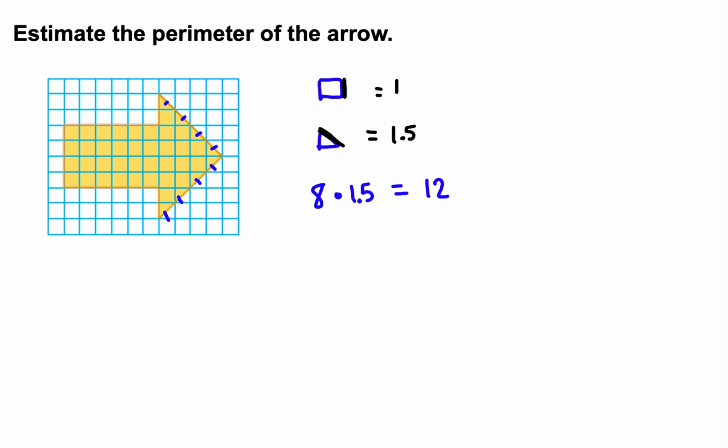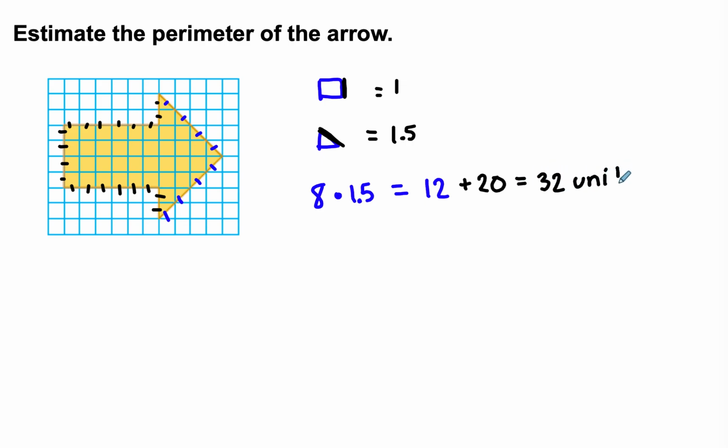Okay, now I'm going to switch colors here, and count the straight sides. So let's see, 1, 2, 3. Now these do count as 2 different ones. I'm counting the sides. 4, 5, 6, 7, 8, 9, 10, 11, 12, 13, 14, 15, 16, 17, 18, 19, 20. So I have 12 that are slanted, I have 20 that are straight, so I have 32 units as